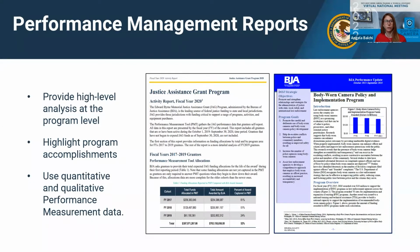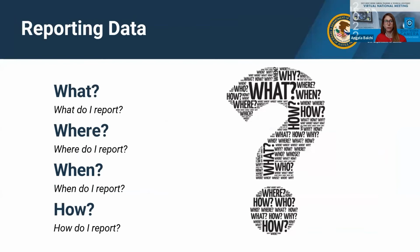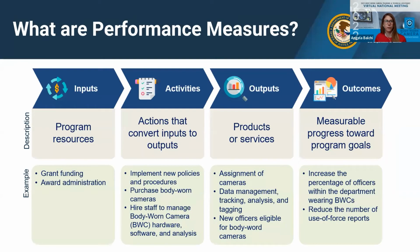So now we'll get into discussing what data you have to report, where to report it, when you have to report it, and how. On the next slide, first,